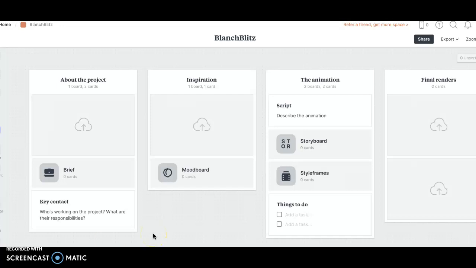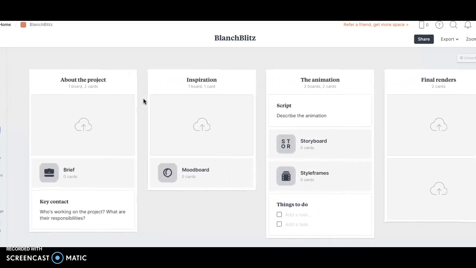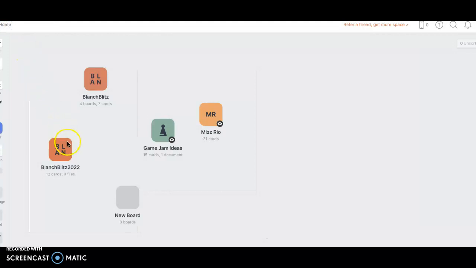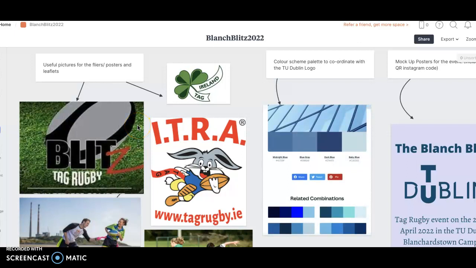So this is Milanote, and this is what I used to create my mood boards. So I liked this layout first. I started to use this one first, but I just thought it was a bit vague, so I just decided to design my own. So basically, just some flyers and posters and leaflets that I seen on Google or